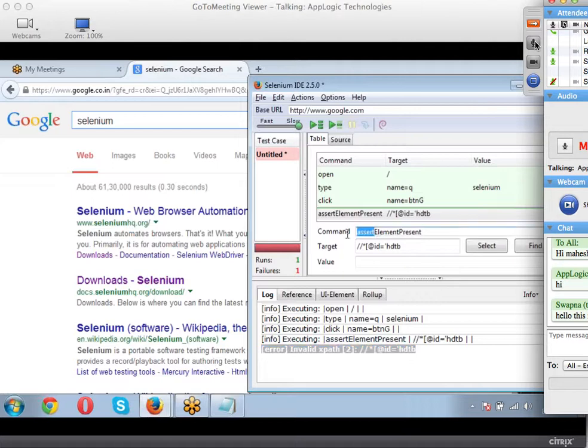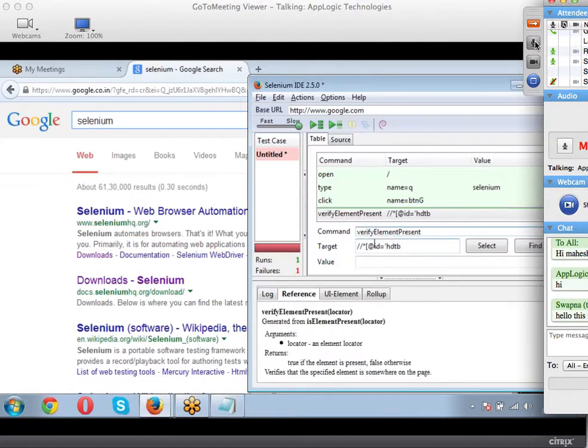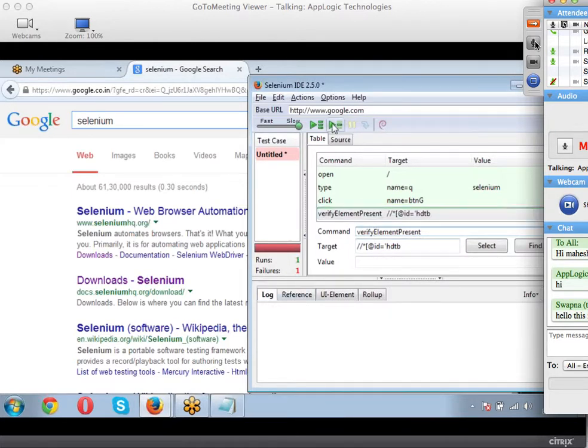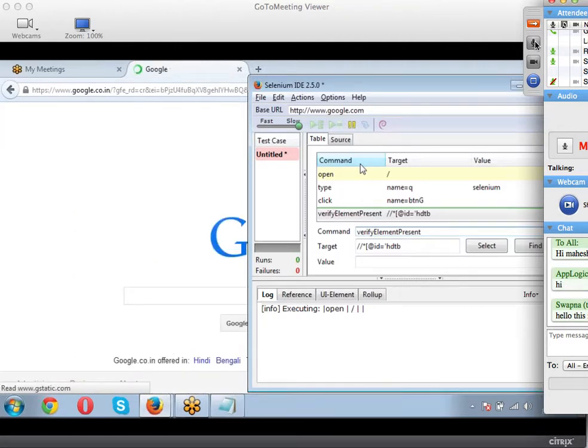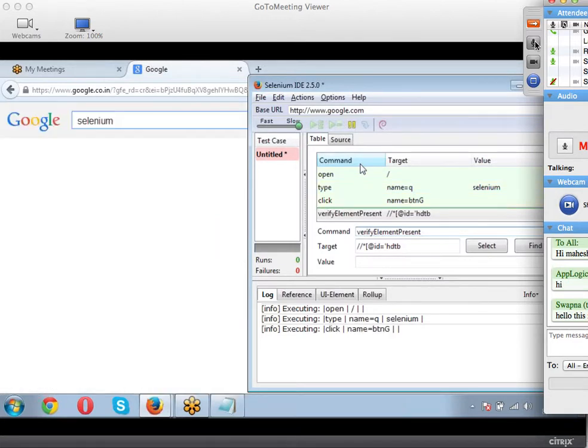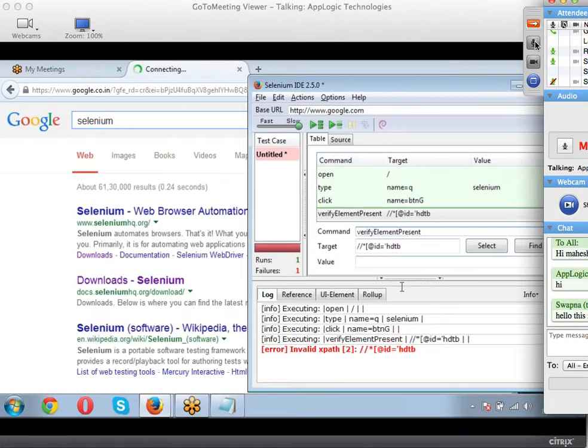In case it is verify, I'm changing my assert to verify. I'll clear my log and click on run again. Yes, click on search. This also gives me an invalid path, but it will go on.